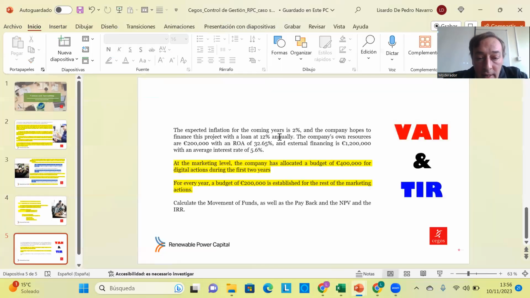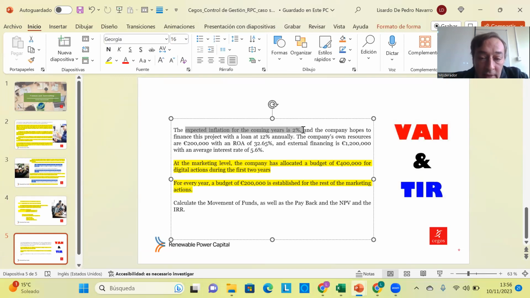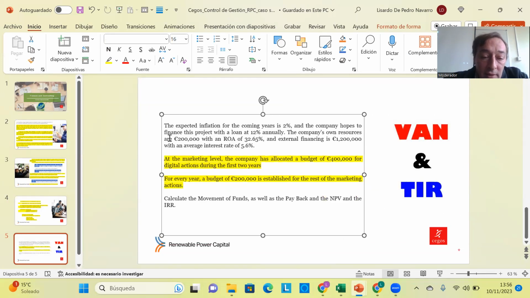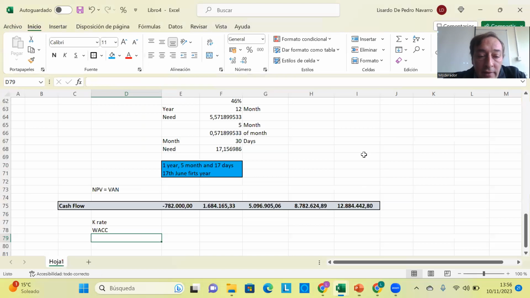So here in the case, we can see that they talk about the inflation. Now the companies didn't use the inflation. The finance for this project is 12%. We don't use the finance of this project. We use the work that we can use with this element. So the company owned resources are 200,000. So we are going to put here